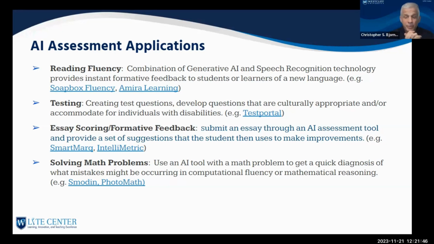Solving math problems, there are a few tools out there. You can insert a math equation and it'll help you solve it, and some will actually break it down step by step. This is ChatGPT. You can put a math problem in there, and that's just a simple way of doing it with ChatGPT. But there are other ones like Symbolab and Photomath. And if you haven't figured it out already, there are phone apps where you can take pictures of equations and it'll solve it for you. So that's pretty neat. I've used that multiple times with my daughter.